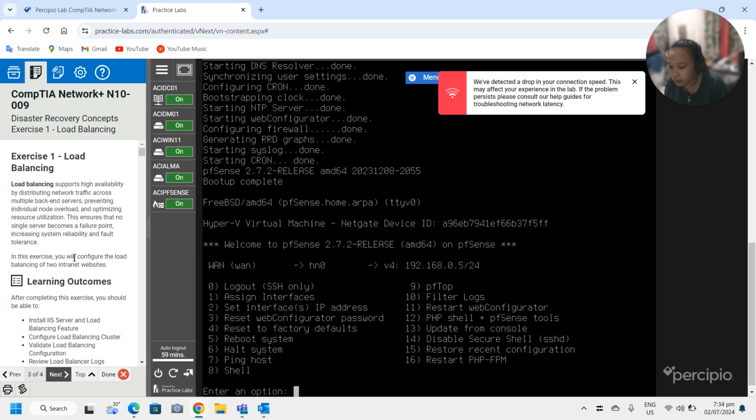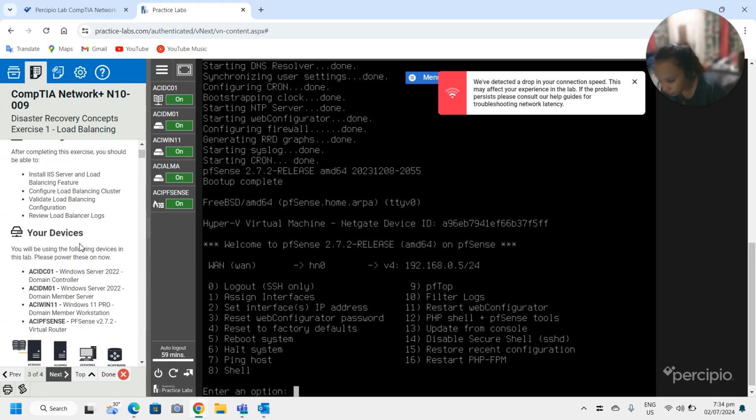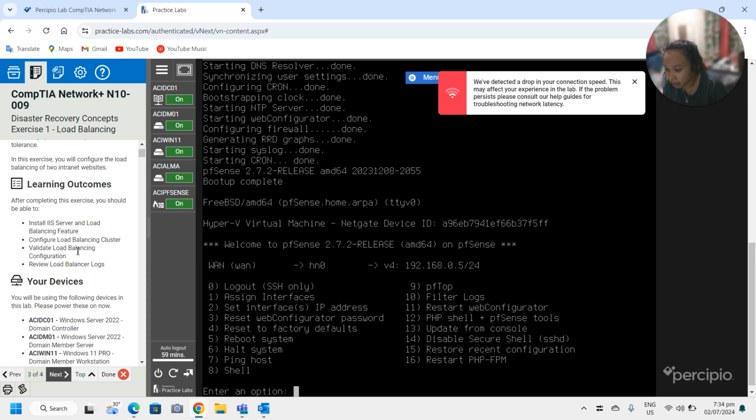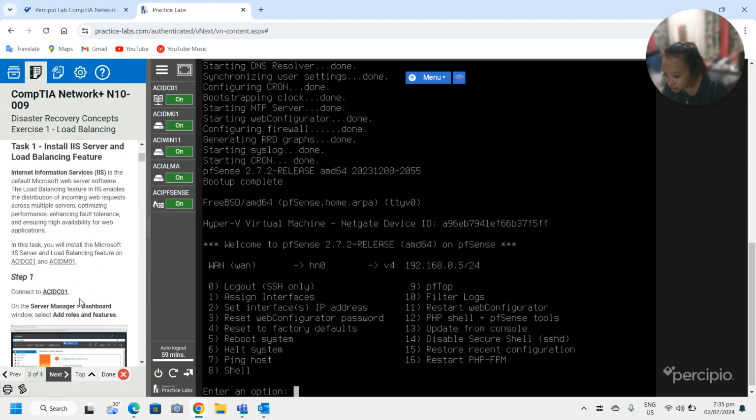In this exercise, we will configure the load balancing of two internet websites. We should be able to install IIS server and load balancing feature, configure load balancing cluster, validate load balancing configuration, then review load balancer logs. So, task 1, install IIS server and load balancing feature.